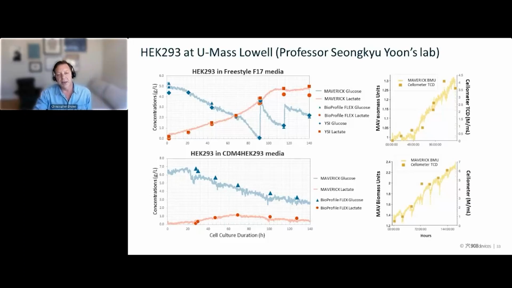And down below is HEK 293 with a different media type. We didn't have YSI in this case. We just had Flex, but once again, nice trending of Maverick's results with the offline values as well as for the biomass